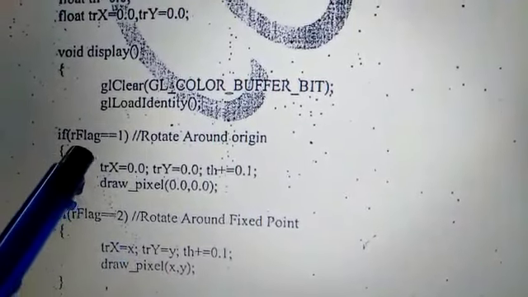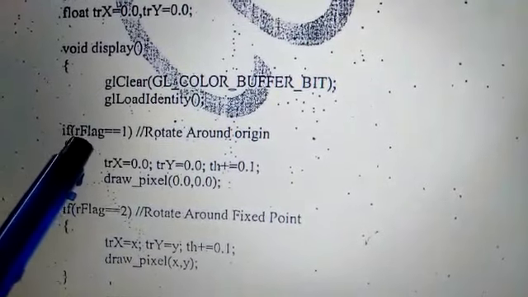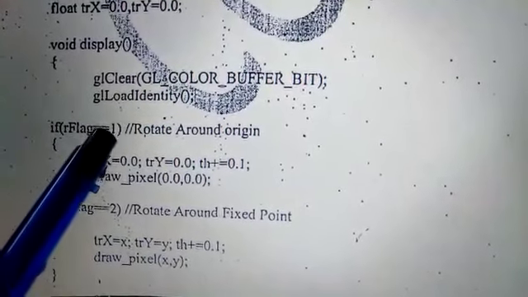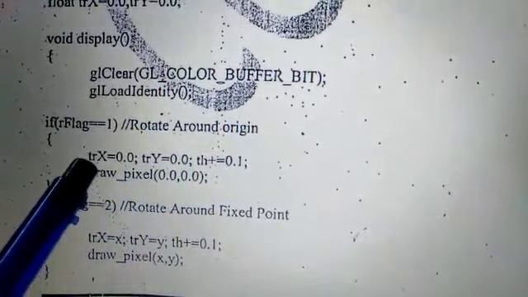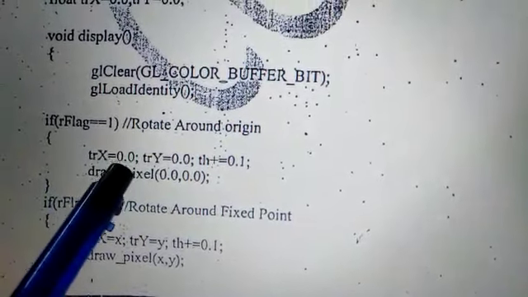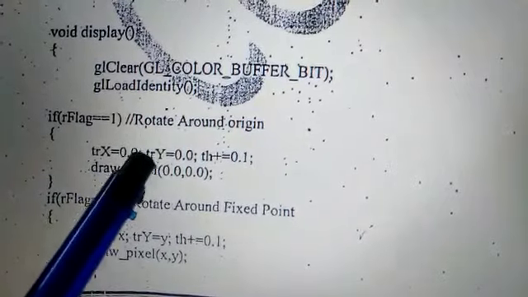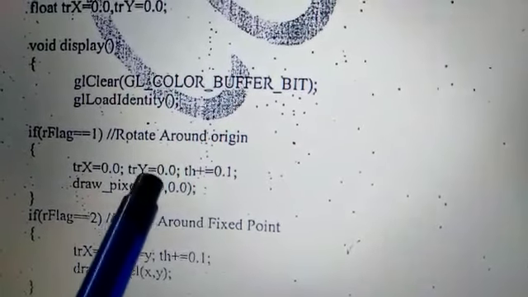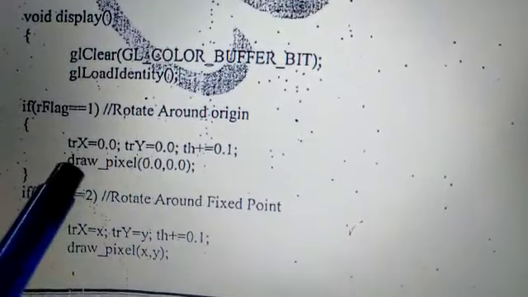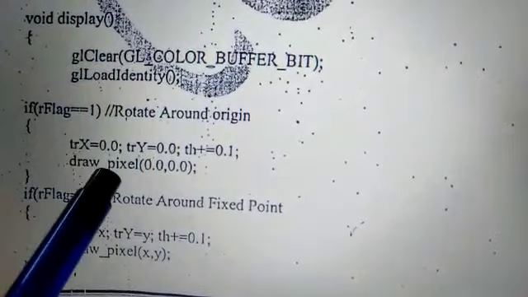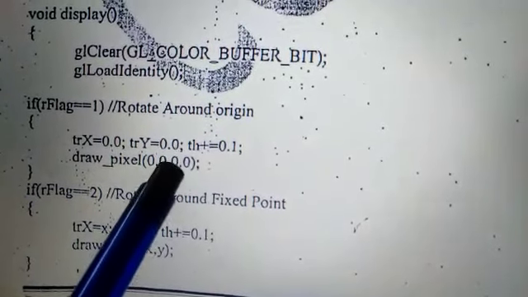We are providing certain translation functions with respect to conditions in the form of flags. So R flag is equal to 1. If the condition is 1, then it rotates around the origin. That is, we are translating with respect to 0, 0 as initialized earlier. Translation with respect to y, as we have defined it as 0, 0, 0, and theta with respect to 0.1 we have increased, and we have gone to the draw pixel function where we are providing x and y values